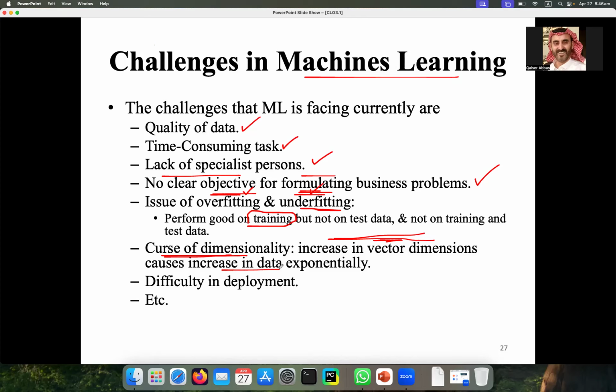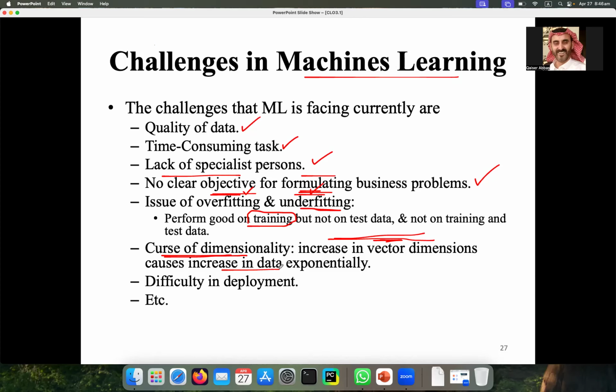The meaning of this sentence is that when you have many columns in your data, those columns will have entries, and then your model will take too much time in learning.